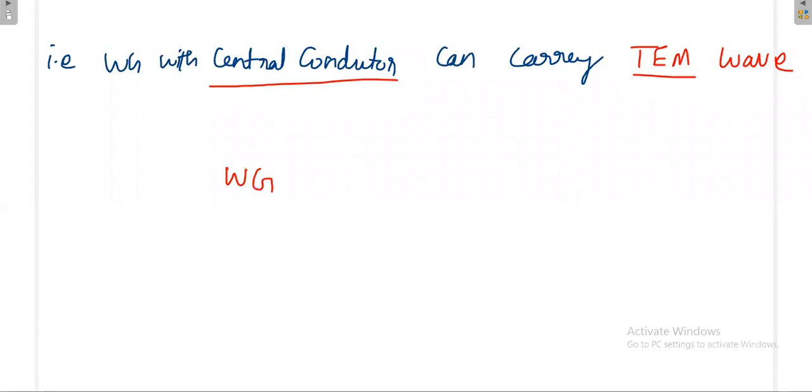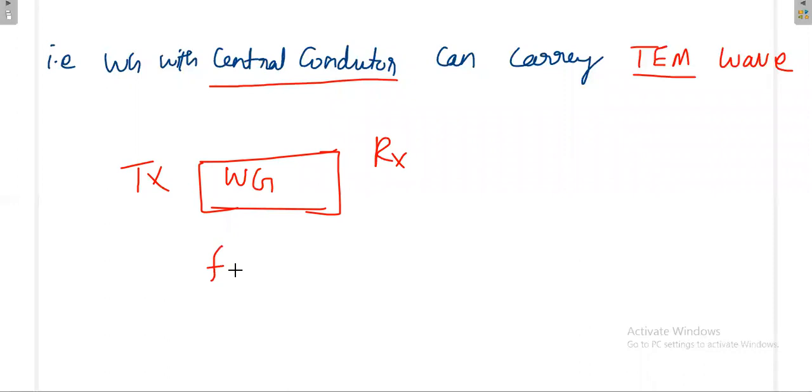Okay, you are having a waveguide, say this much of length. Once you have a waveguide, from one end, from the transmitter end, you are sending some microwave to the receiver end. The waveguide has some dimension. Then mathematically we are relating at what frequency the waveguide supports. The support depends on the cutoff frequency, which depends on a and b and also n and m.